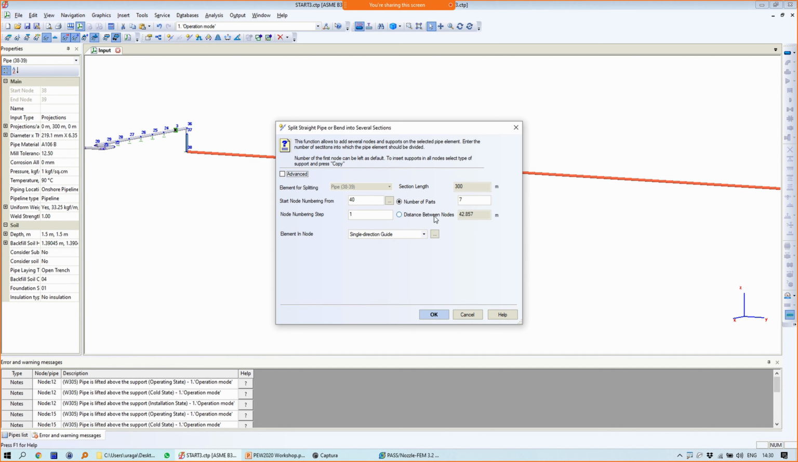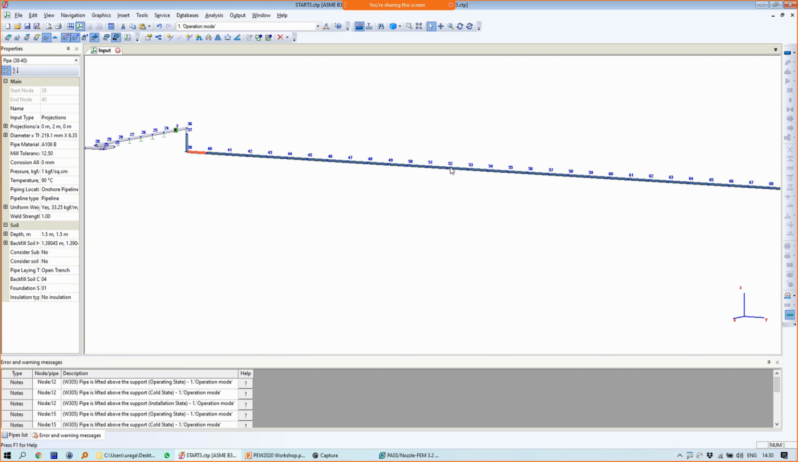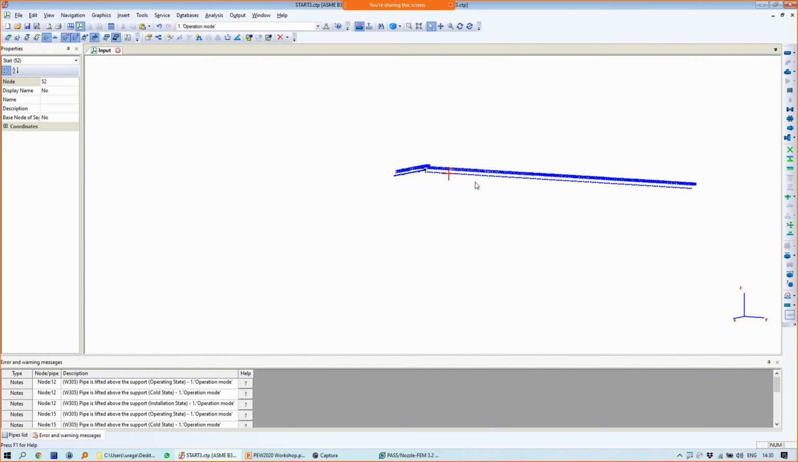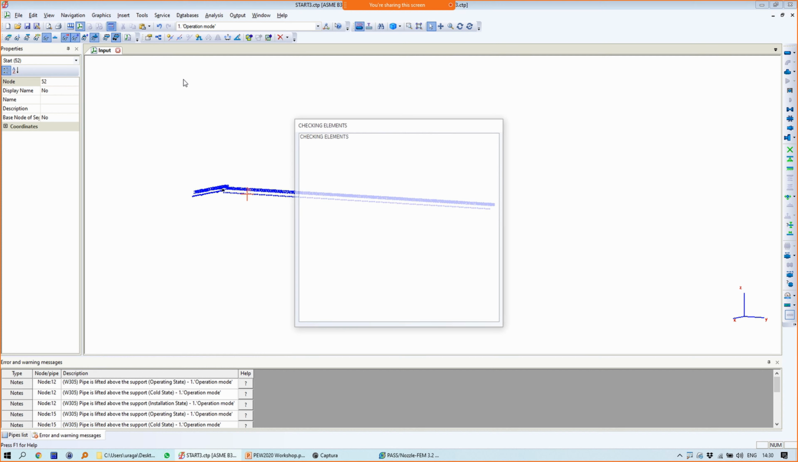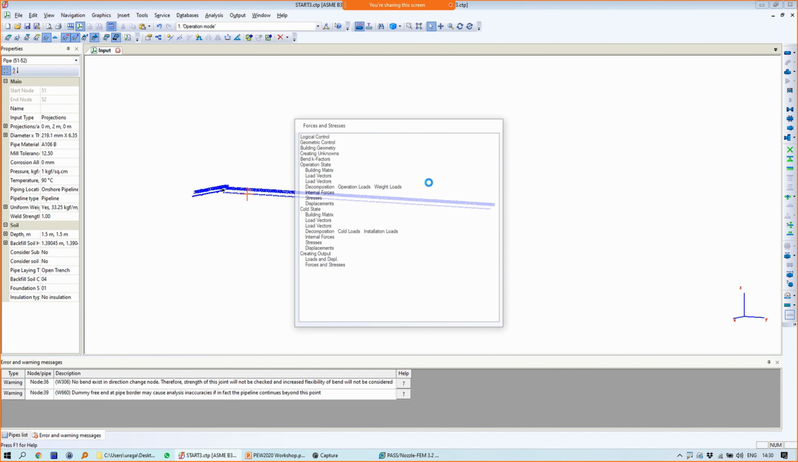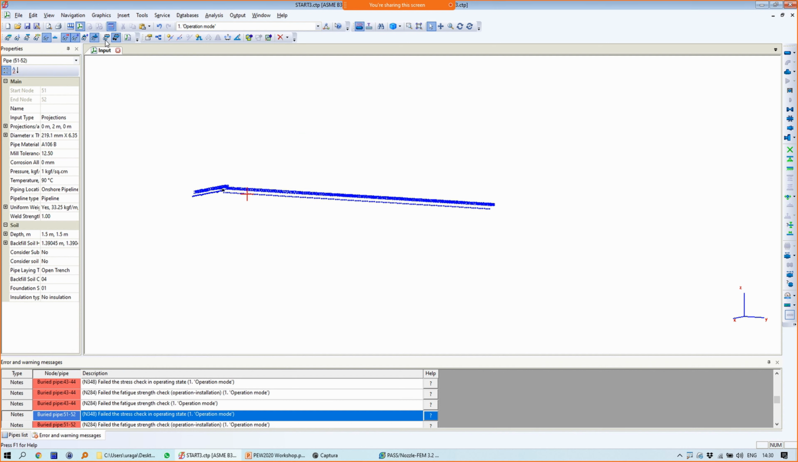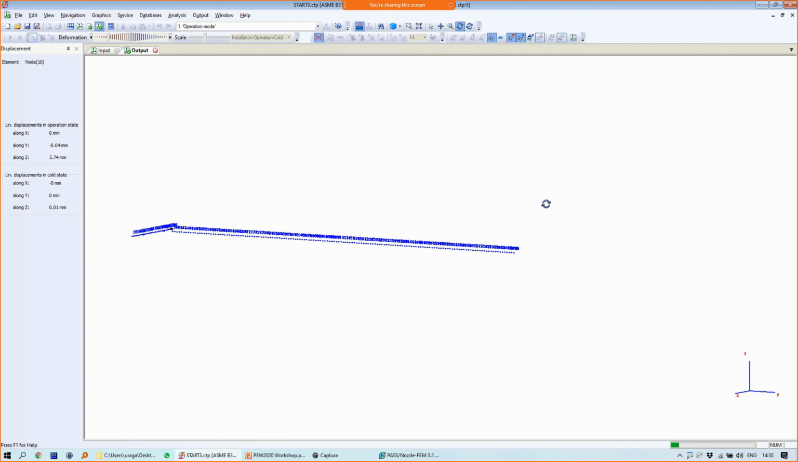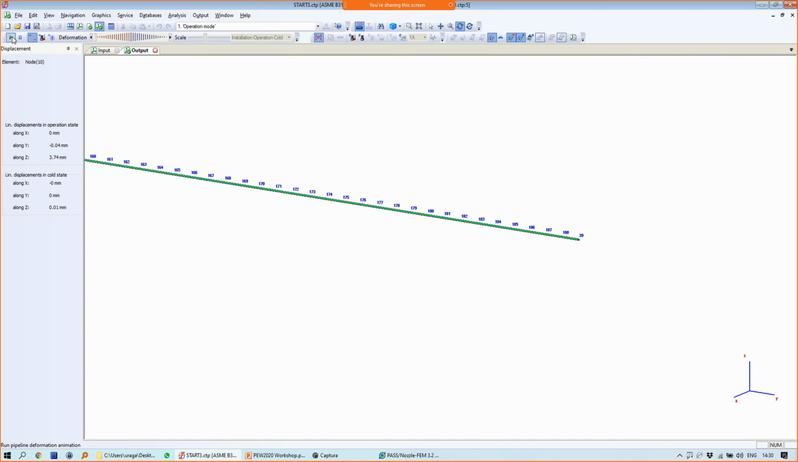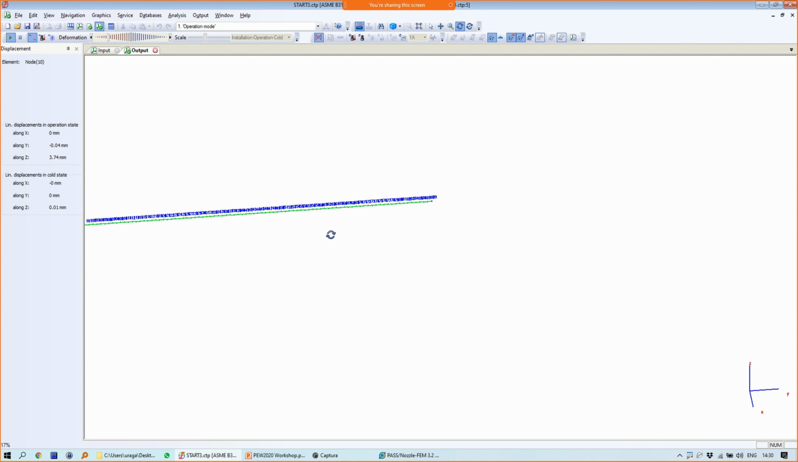I will break this pipe every 2 meters. I will just add a lot of empty nodes and run analysis. Now, if we check the deformed shape of this piping system, let me run analysis. You can see the nodes moving. These nodes are moving, but